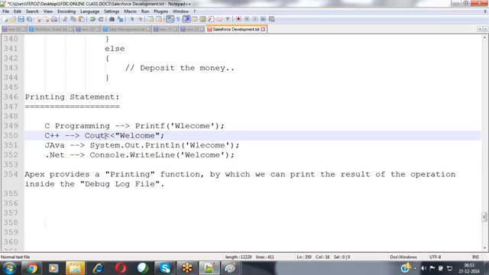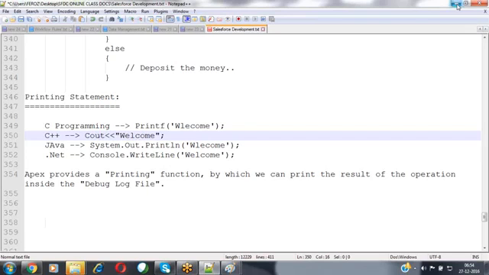Your code is not compiling in your local system. Your code is not saving into your local system. Your code is not executing inside your local system. This will be executing and compiling and storing inside the cloud platform. So upon creating a new Salesforce account, whatever memory has been reserved for you inside that Salesforce instance, inside that memory location only it will be storing your code for you.